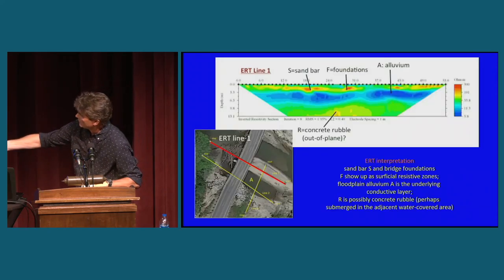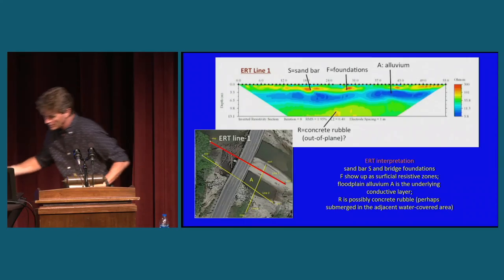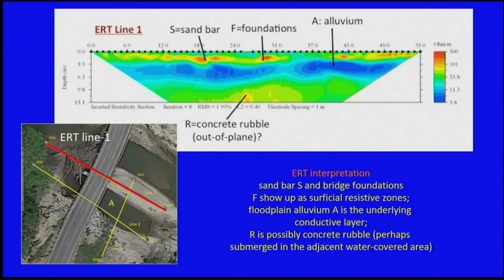So this is line 1 here. This was done on this region, away from the concrete rubble. And I think we started here and finished up here. And so making the interpretation, this is our alluvium from the river. And above we had sand. This was like a sandbar. So you can see the sand here. And this depth is several feet. And then what we're finding here is areas that may be due to some concrete rubble. And it may be even out of the plane of the diagram. But this area here is right here, and looks like it's relatively free of high resistivity